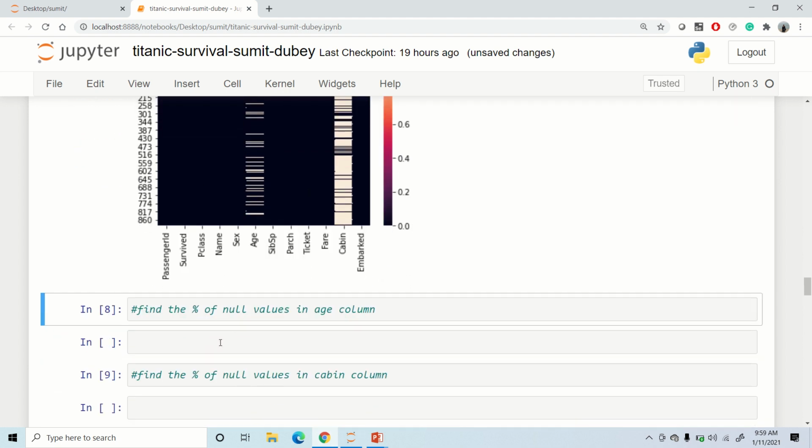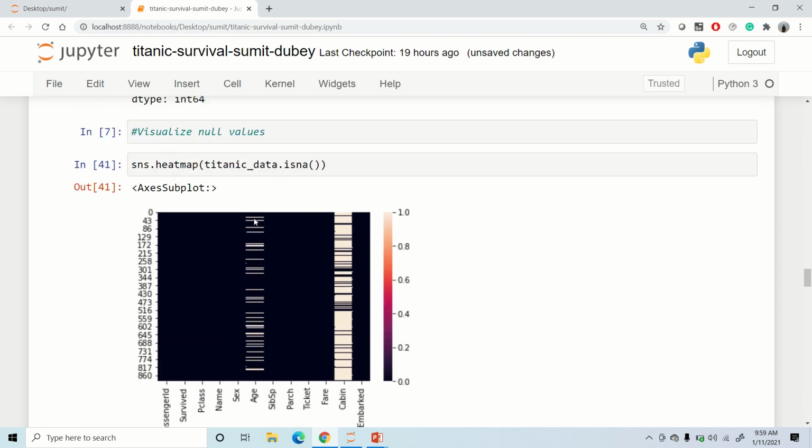Now, in order to make a conclusion about null values, whether we are going to delete or discard these null values, or we are going to impute this column, these things depend on the percentage of null values appearing in my column. Let's say if the null values percentage is more than 30% in a particular column, I would like to discard that, because it won't be easy to impute those null values.